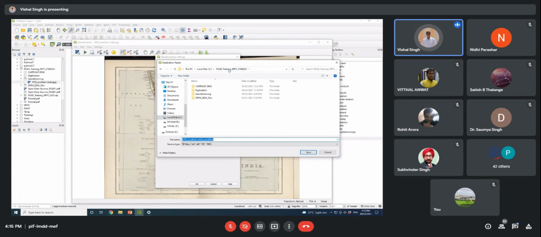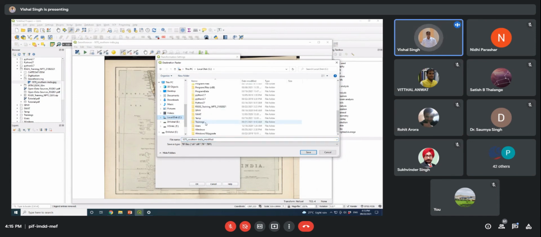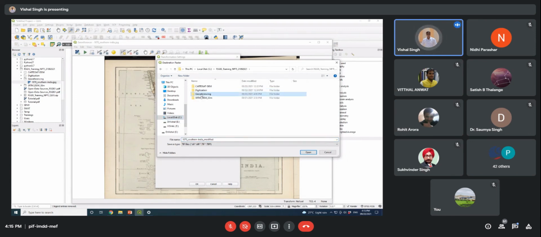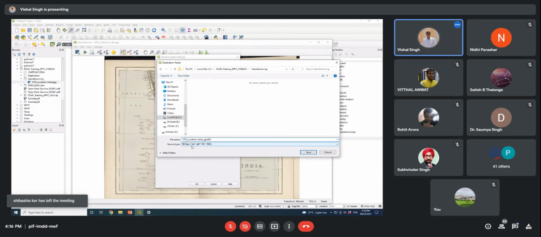So we will again locate our directory, the same folder. I am going to give the name 1870 Southern India, which is taken by default, and I am going to add underscore geographic at the end. The save type is tif.